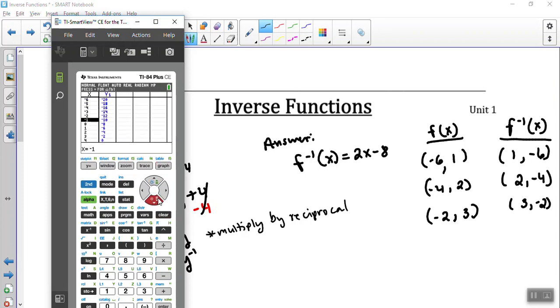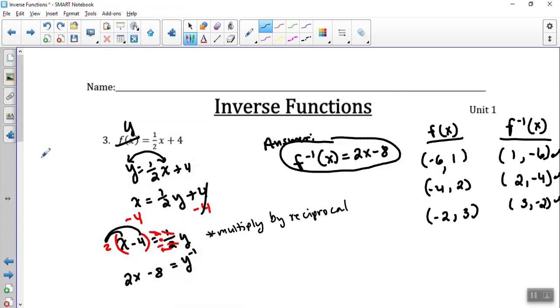Okay, last time. 1 goes to negative 6, check. 2 goes to negative 4, check. And then 3 goes to negative 2. Yep, finally, there we go. So all along, I had the right answer. It was just this part that was messing me up. So, all right. There's another type of inverse problems I wanted to go over, and they'll go by a lot